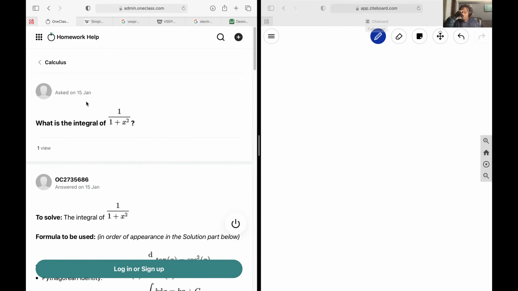Okay, next up, we want to figure out what the integral here is. We have the integral of 1 over 1 plus x squared dx. We're going to be using substitution here. We're going to state x is equal to tan of theta, which means dx over d theta is going to give us secant squared theta. I can quickly prove this for you using the quotient rule if you'd like to see that,